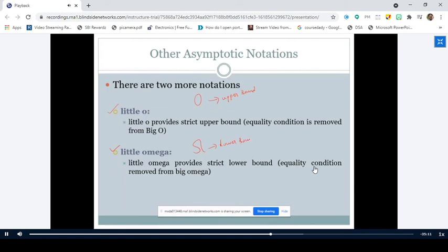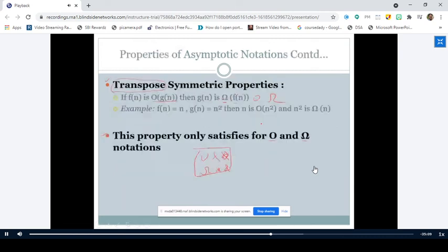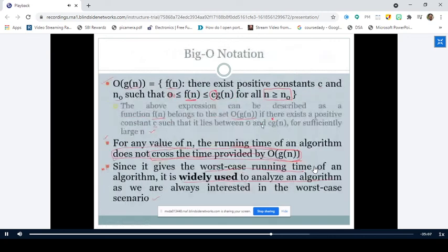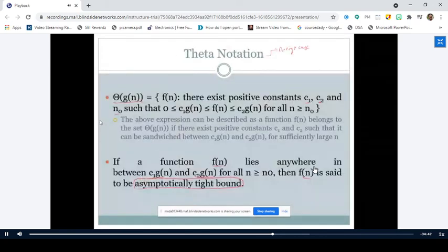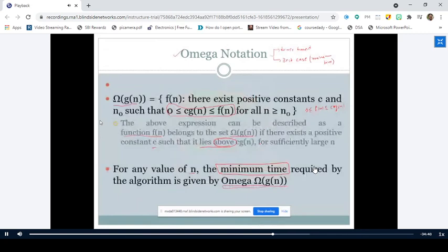Right. So if you see this formula, big O notation is represented as 0 less than or equal to f of n less than or equal to c into g of n. So if you remove this equality symbol, then they become more strict and they are represented with small o notation. Right. No need to bother about this one, but you should know that there exist other terms like this, big O and big omega.